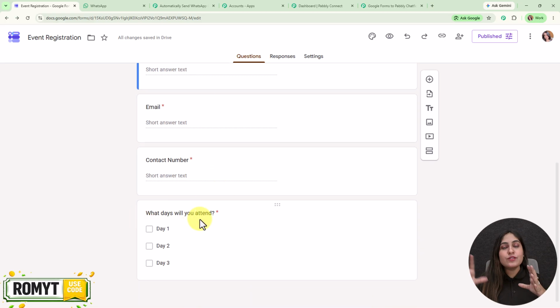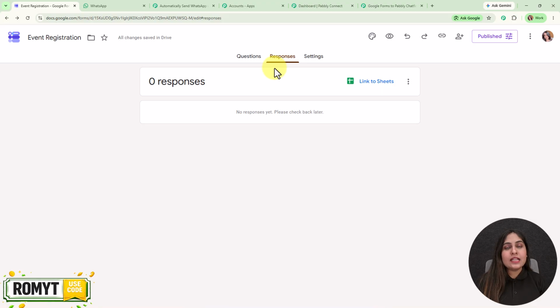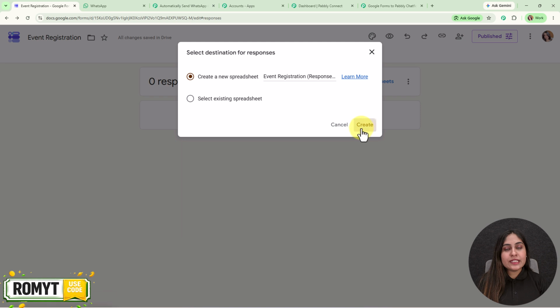So basically, before sending a WhatsApp message, I wanted to organize these form submissions in a particular database, and for that I'm going to connect this Google Form with Google Sheets by selecting this responses option, and here you can see we have received the option for link to sheets. So we're going to link this form to a Google Sheet, and we are going to create a new spreadsheet